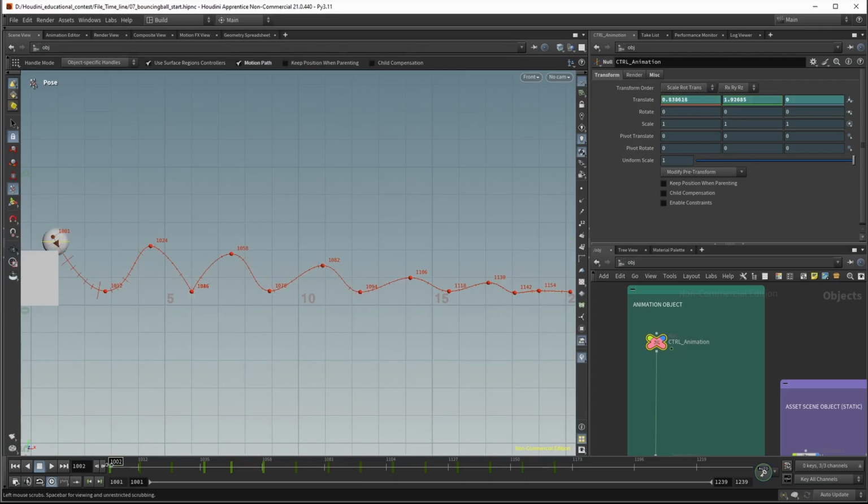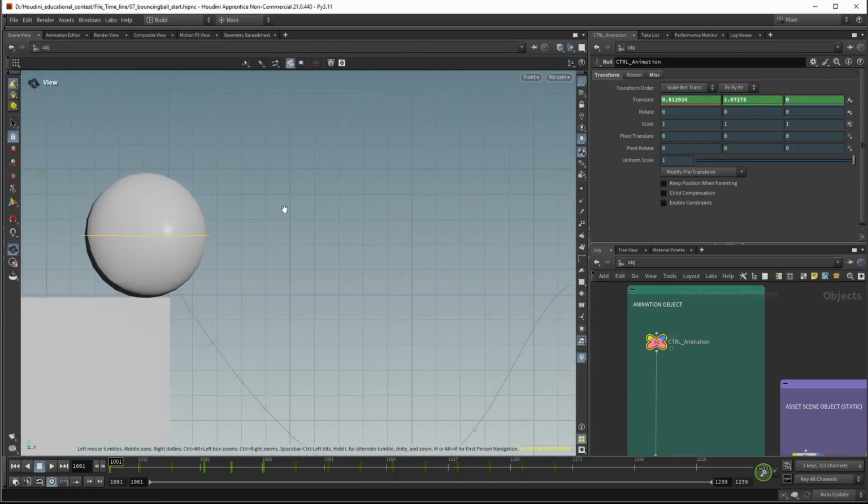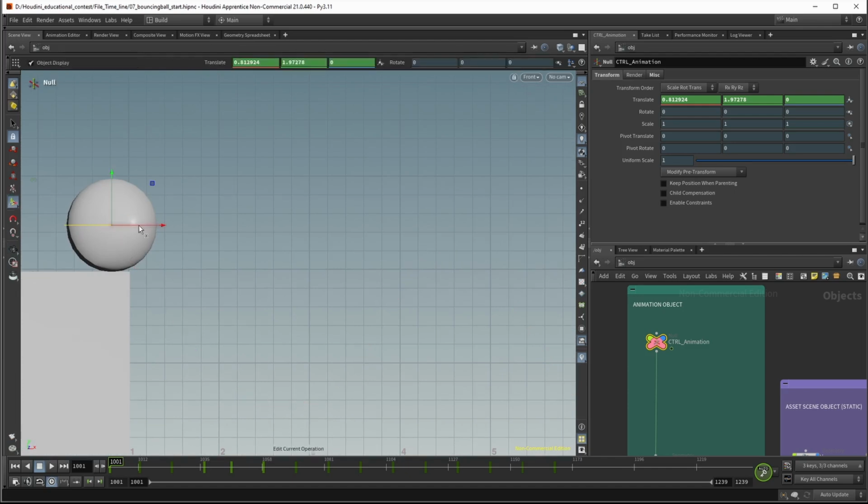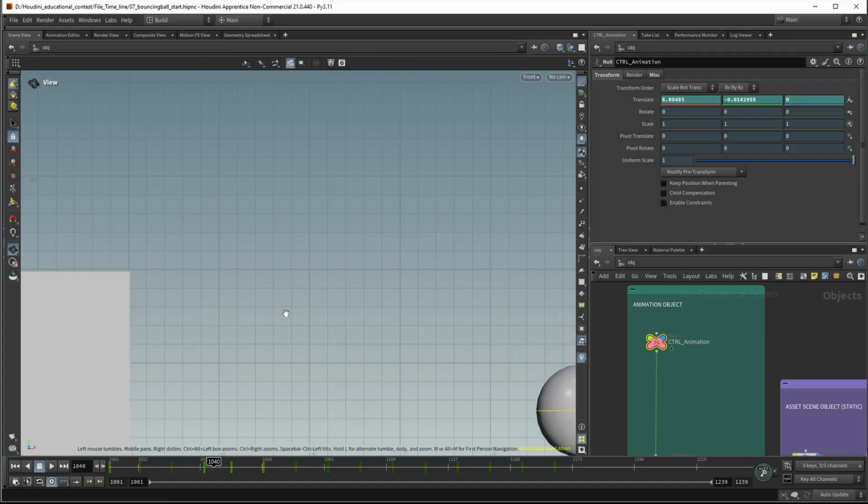Now we can adjust everything. We can also move that a little bit on this. Okay, and we can see